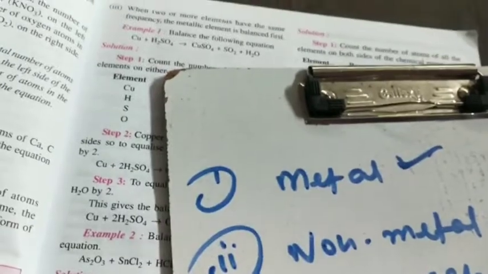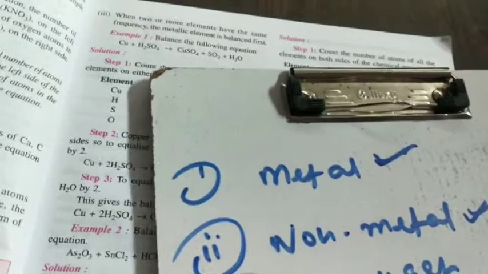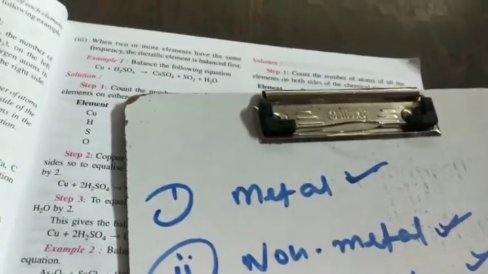Now I am giving you a simple trick. How do you balance any chemical equation very easily? First of all, before balancing any equation, you must follow this step. First, you balance metal. Second, you balance non-metal. And third point is oxygen, then you balance oxygen. And fourth point is hydrogen. You mention this point. You learn this point.